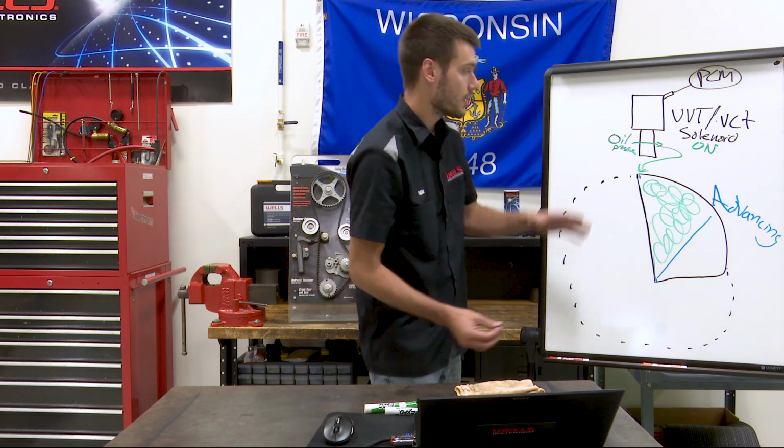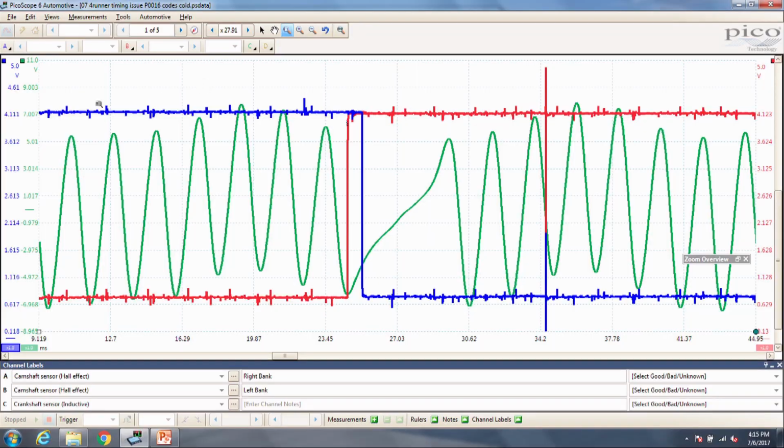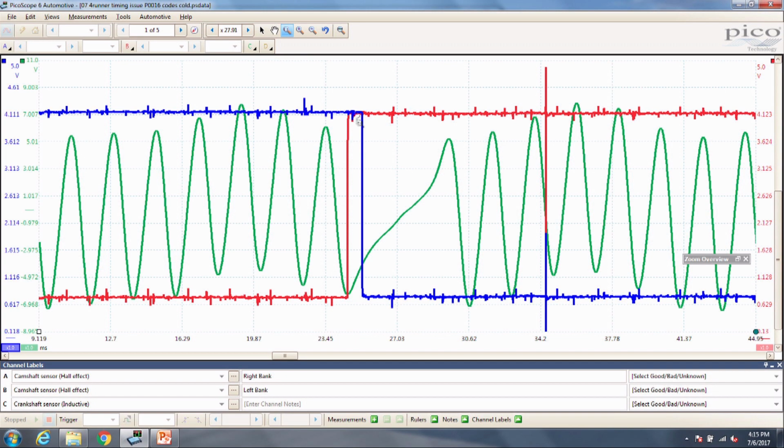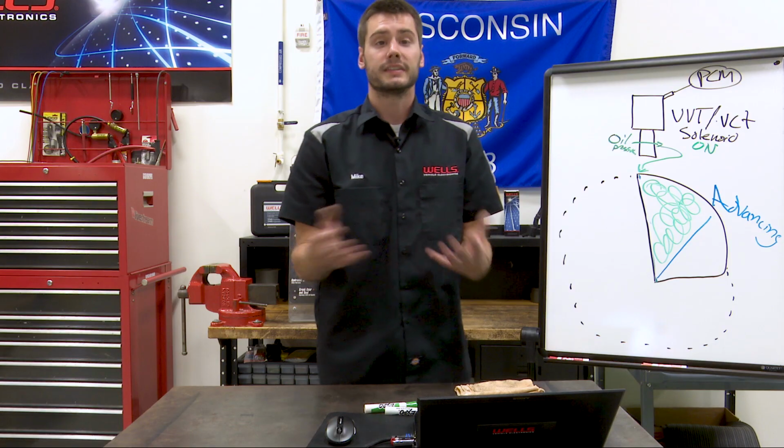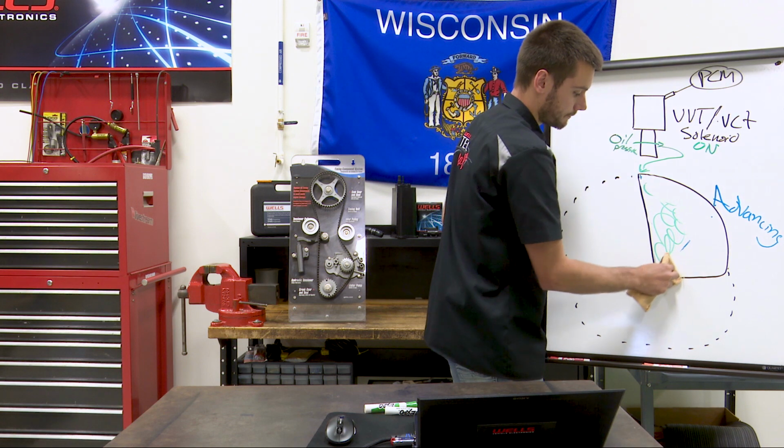It's not advanced. We're not leaking pressure inside here. If we were, and this were advancing, we would see this blue trace back here somewhere. Okay? This blue trace is not being advanced. It is being retarded. So if we draw this out again,